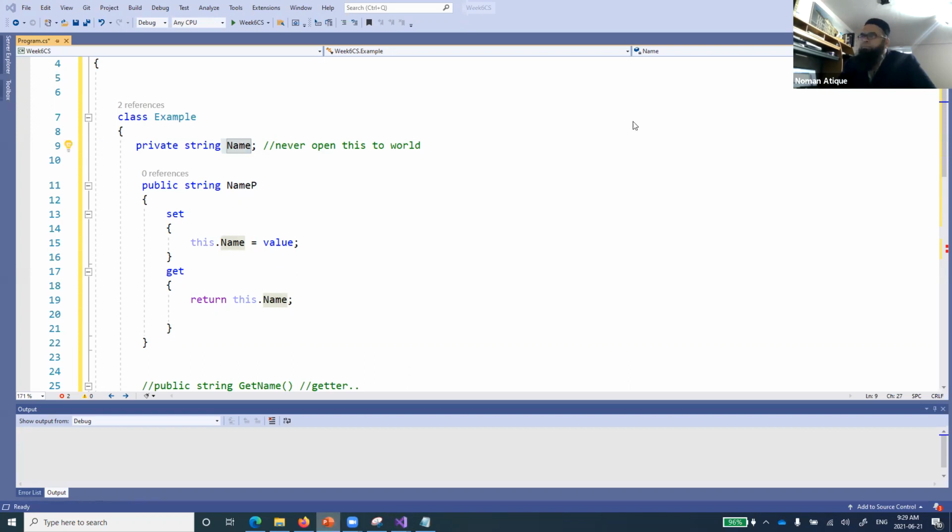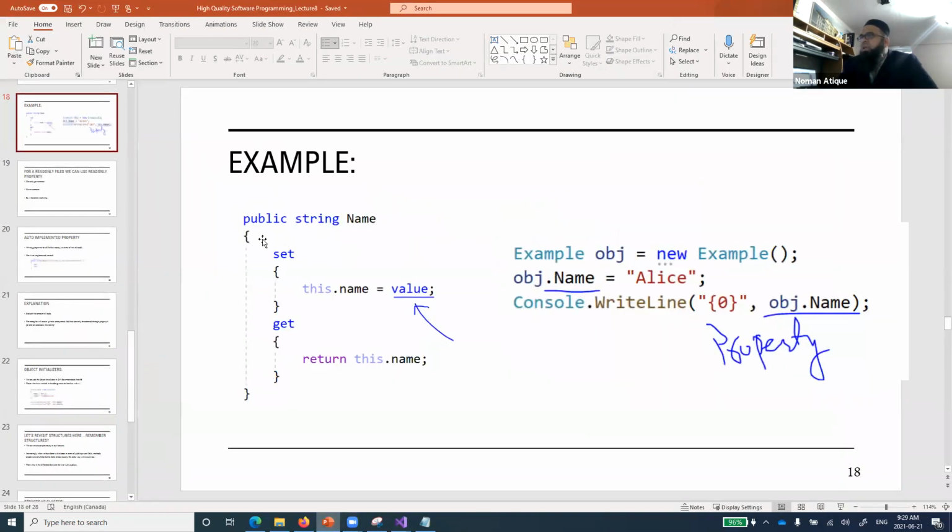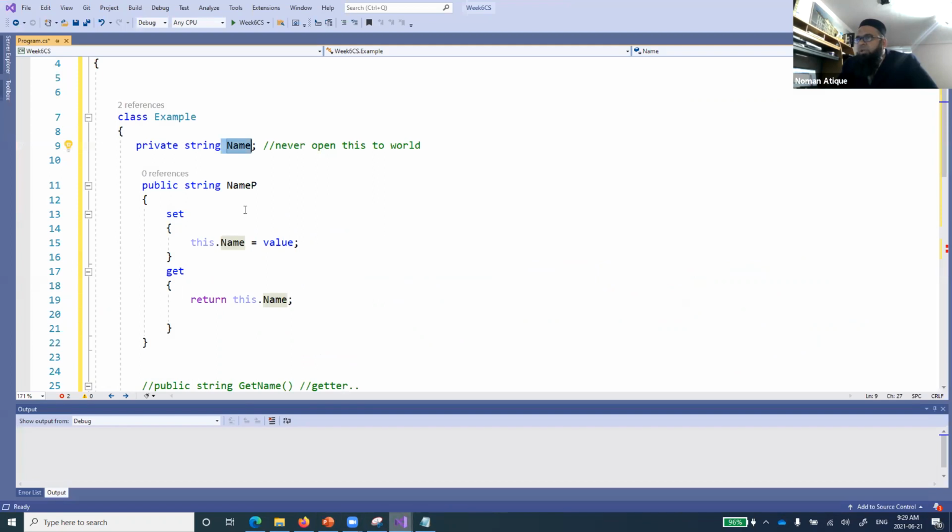Now if you see here, I'll show you this example. Public string Name, we are defining that one, and we are saying set this.name. Here, this Name is the capital Name, defining the property, and this with a small name. So what I'll do is define this with a small name to imitate the right behavior. I was confusing that one. String name, we have just defined as a private variable, and now we are defining a property for that.